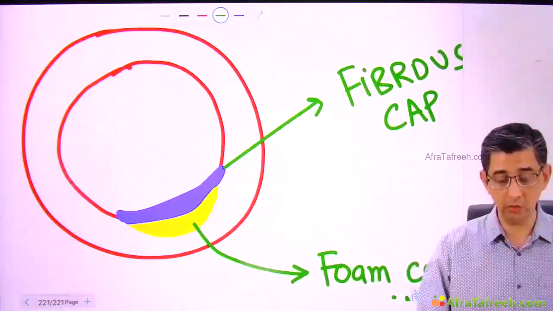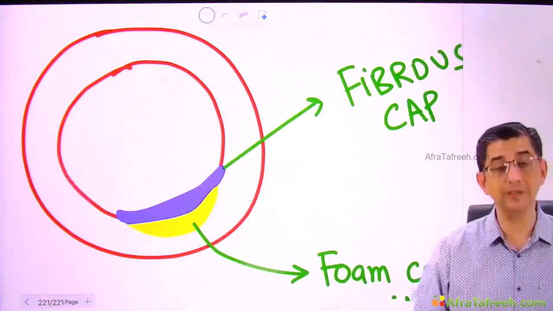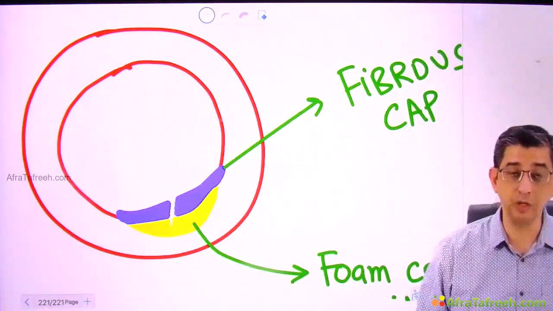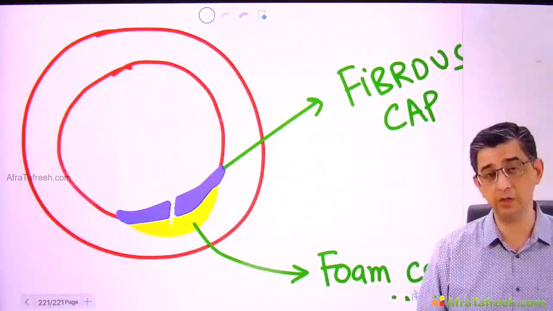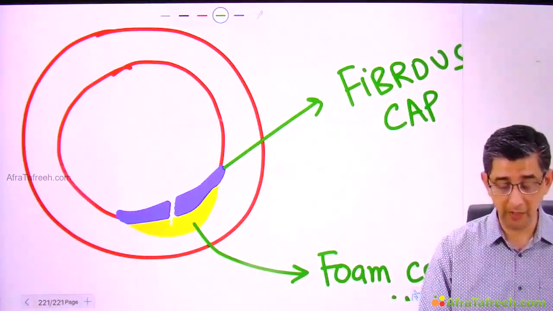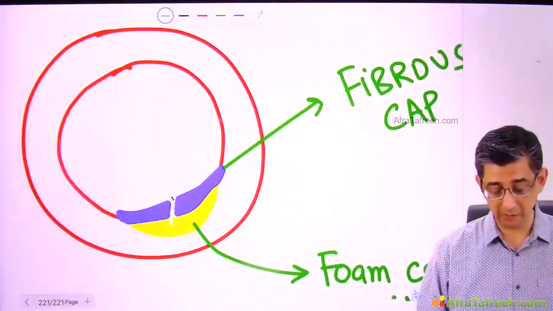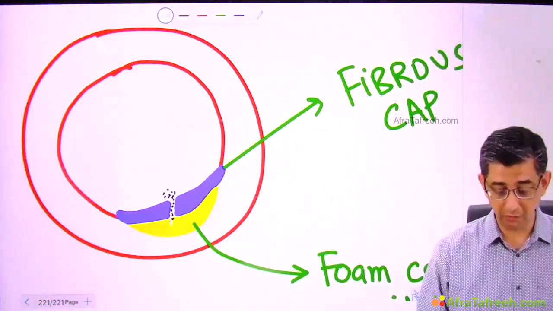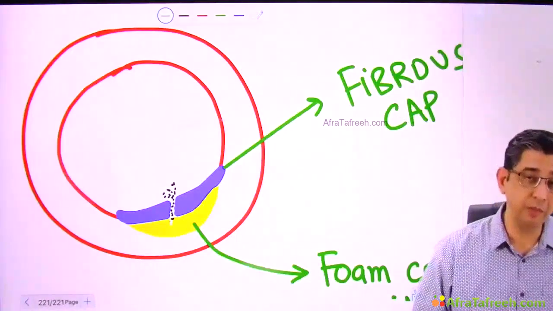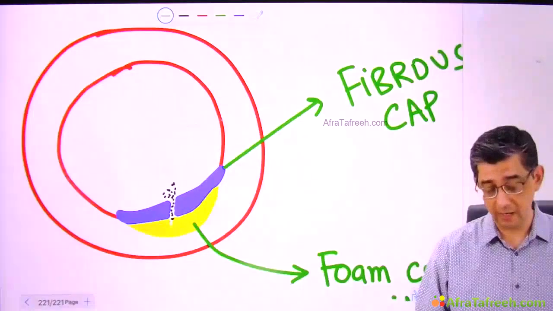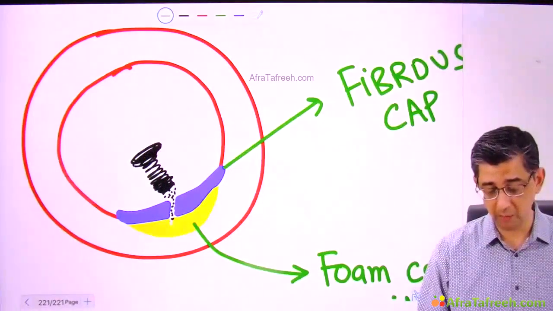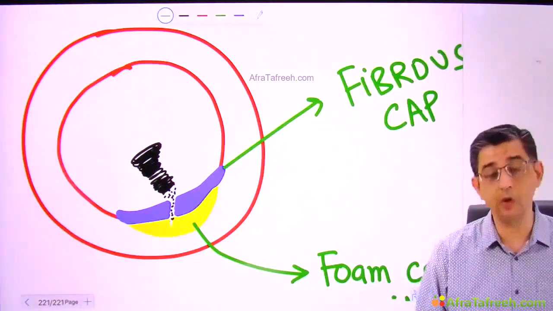When blood goes through this coronary artery at high pressure, there's a possibility that a fissure or a tear might develop in the atherosclerotic plaque, and the moment a tear develops here, the platelets will be attracted to collagen. Very soon there will be a platelet plug formed here that I've shown in dotted black, and once the platelets are activated, the clotting system will also be activated, and what I'm drawing at the moment is a thrombus in the coronary artery.